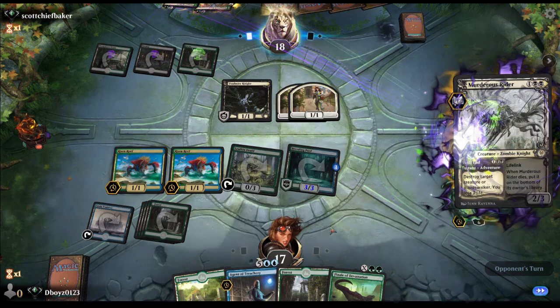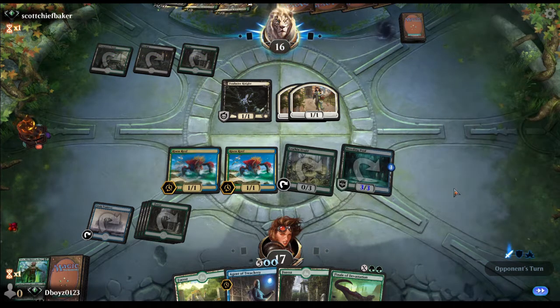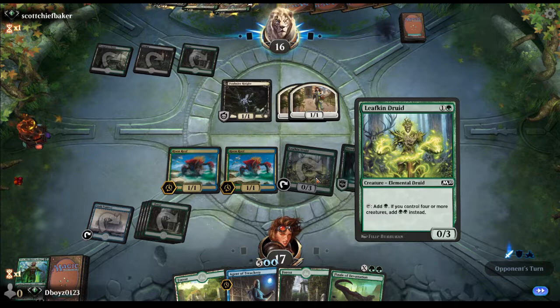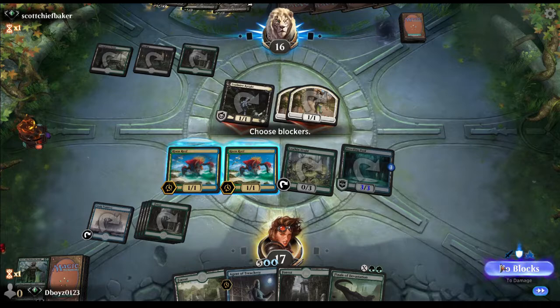And we can just... Alright. Well, he slowed us down a little bit. He killed our Nissa. That's okay, though. Every single time we play an Elemental, we look at the top 2 cards of our library. We can put a land on the battlefield. Like, we're already good. Like, Leafkin Druid. If you have 4 more creatures, you can tap it for 2. Like, we're already good. We don't need to really...